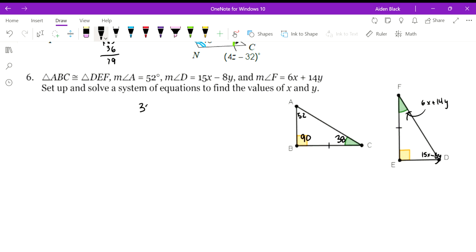So since angle C goes with angle F, I can set up this equation. And then I have this angle here, which goes with this angle here, and we can double check that here. Angle A goes with angle D. Good. So I can set up this equation here. 52 is equal to 15x minus 8y. And 30 seconds is not enough time for me to solve this,